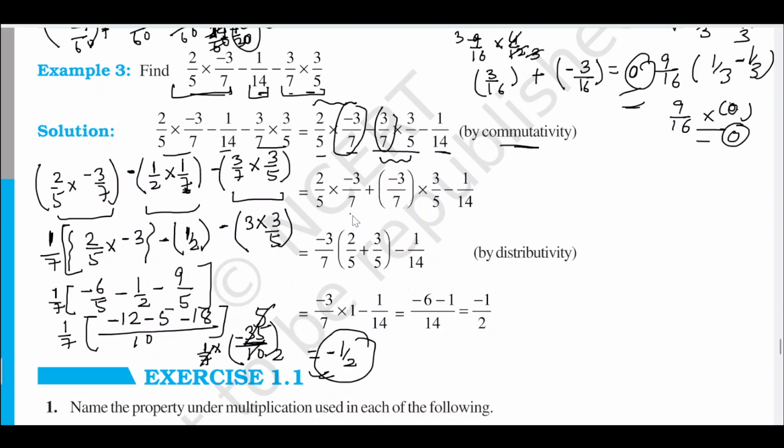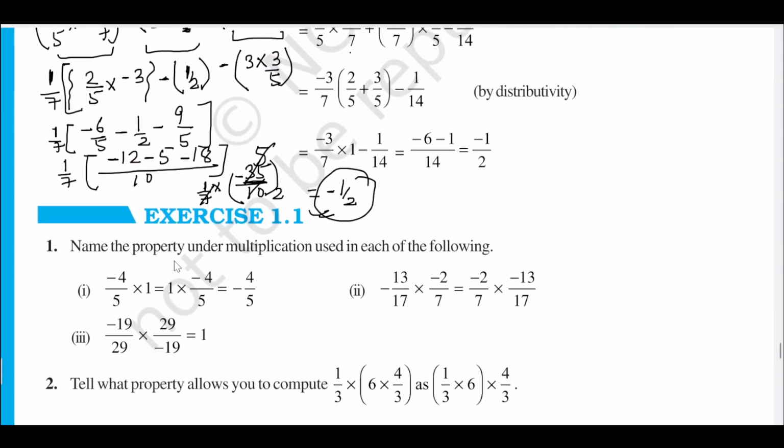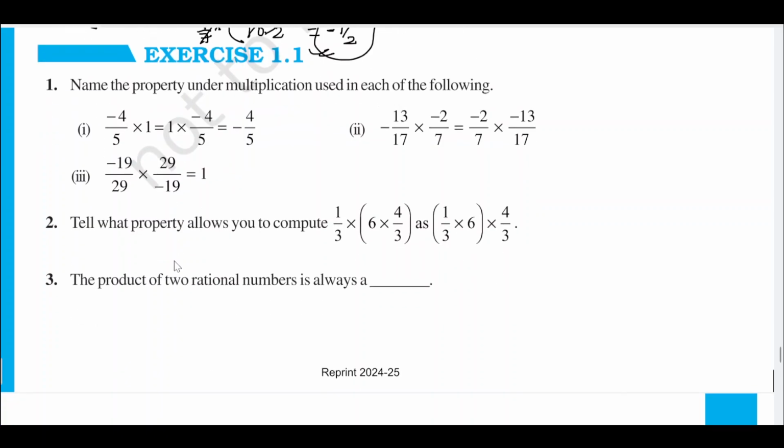After that, what is left? 2 by 5 plus 3 by 5, okay, so minus 3 by 7. This equals 1 minus 1 by 14. So it has used another method. Okay, so you have got to understand two methods of solving that equation. Now exercise 1.1. Okay,